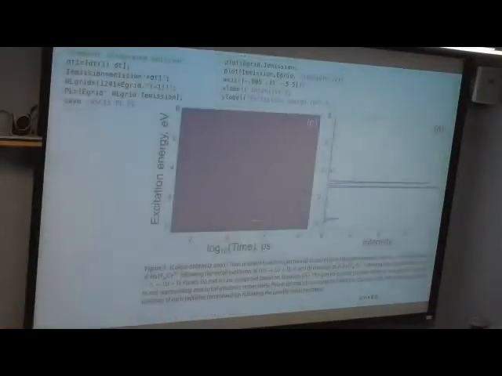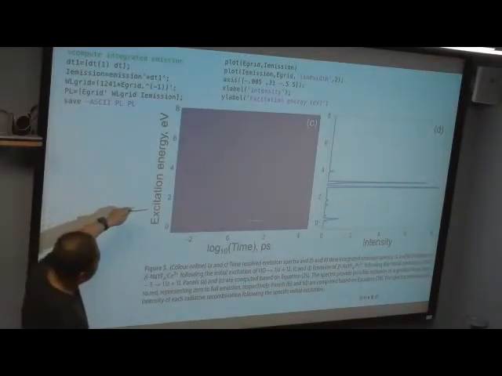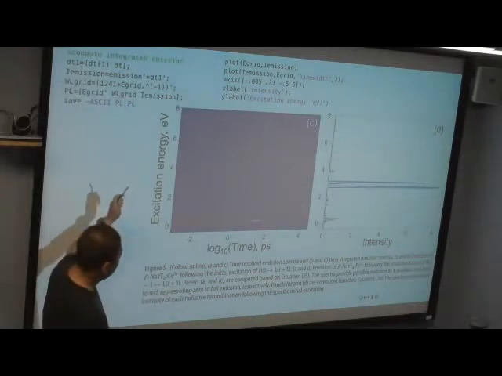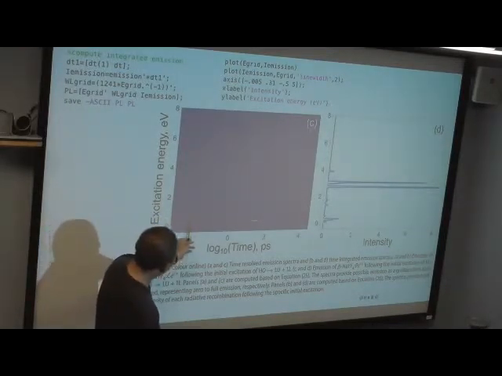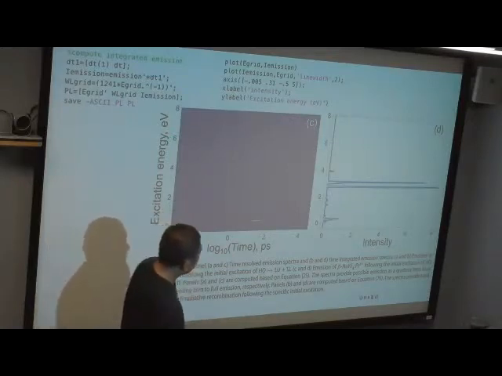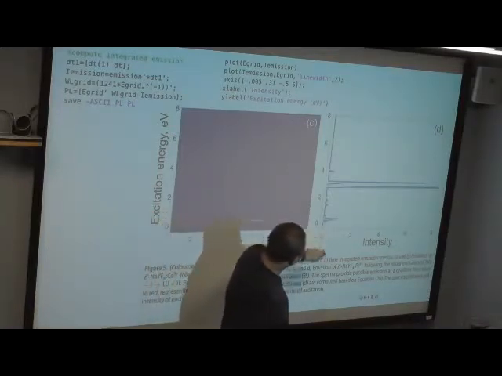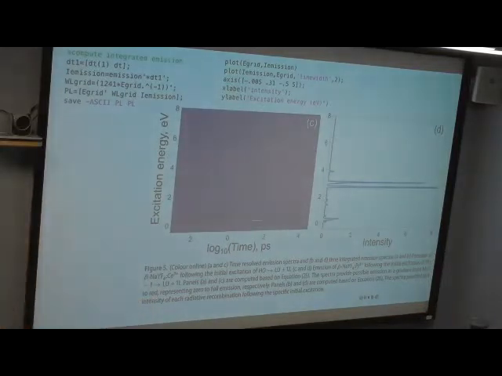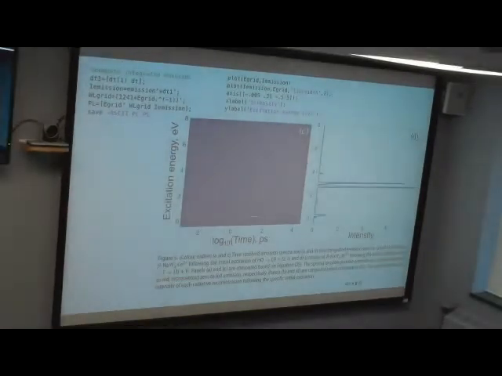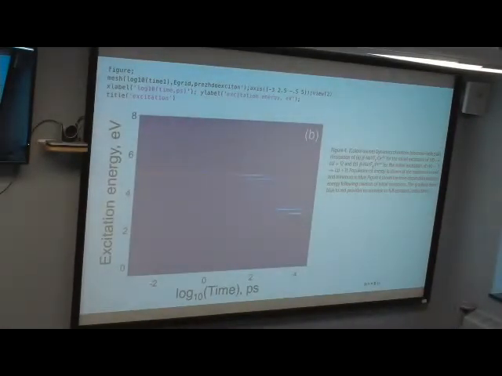If the code runs successfully, then you can get this kind of figure. This is the time resolved emission. At each time step, we can see the emission. And this is the time integrated emission, so it is taking the average of integration. And the final figure you can get is